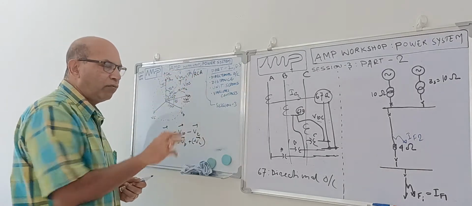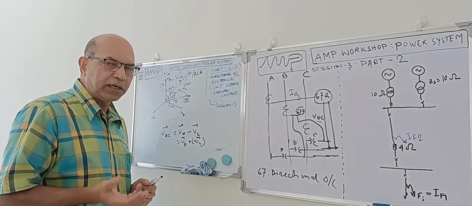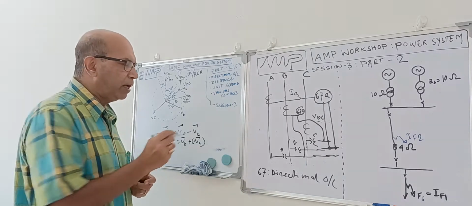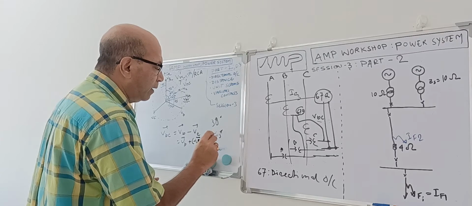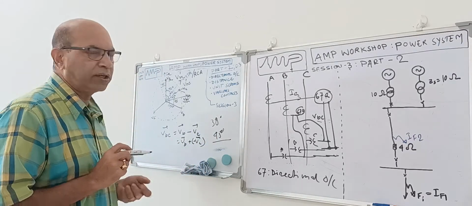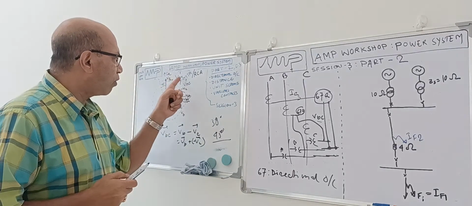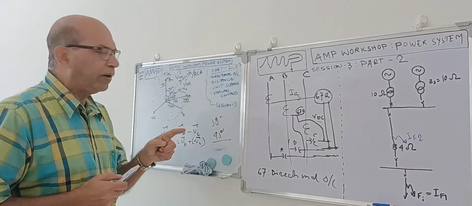How do we get this? When we order the relay from the manufacturer, we have to mention which angle we need. There will be different configurations you can make. You can make 30 degree angle, you can make 45 degree angle, but we have observed the 45 degree angle relay is the best relay for this directional purpose. So we have to tell the manufacturer, I need the maximum torque angle or the relay characteristics angle of 45 degrees. Accordingly, he will manufacture the relay.